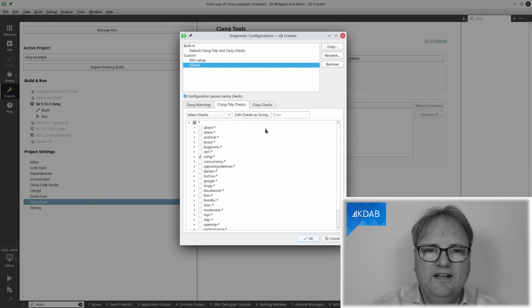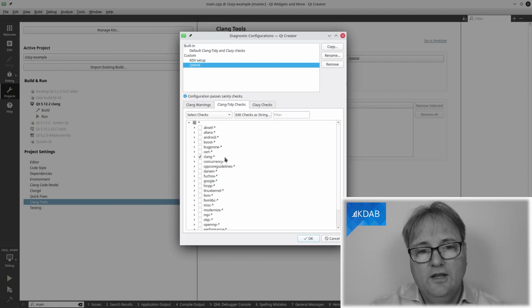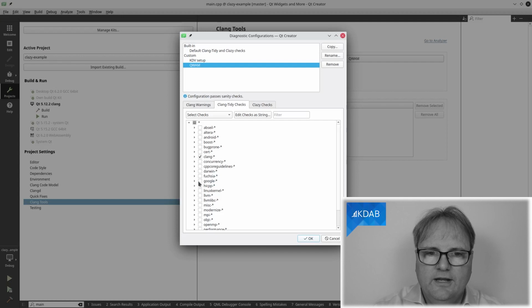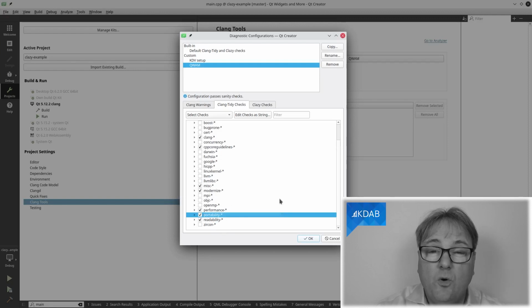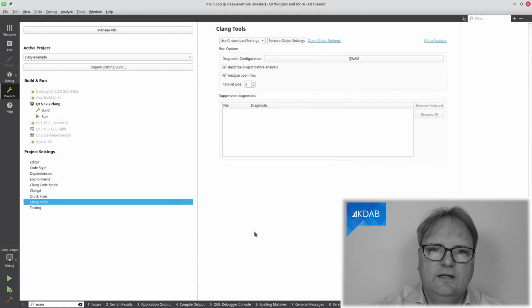We can also go to Clang-Tidy, and Clang-Tidy comes with a lot of stuff. So if you are an Android developer, you might want to turn that on or turn that off. Or if you're working on LLVM, or in Google or in Fuchsia or Darwin or whatever, there's a bunch of different ones. So let's take all the core guidelines. All of Clang is here already. All of Modernize. I don't know what's in Misc, so let's take all of these, and let's take all the readability, the portability, and performance. Okay, now I've taken all of those that are not specific for specific projects. And now I'm using QAM here, and Escape to go back.